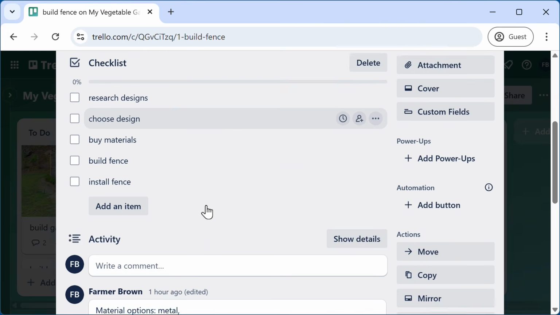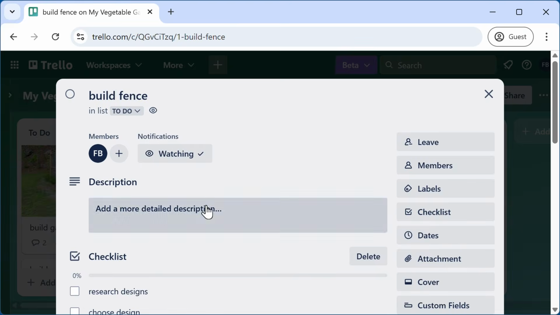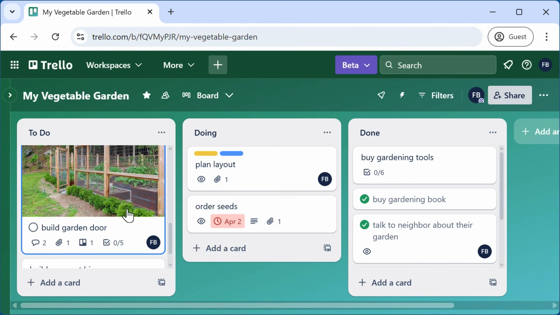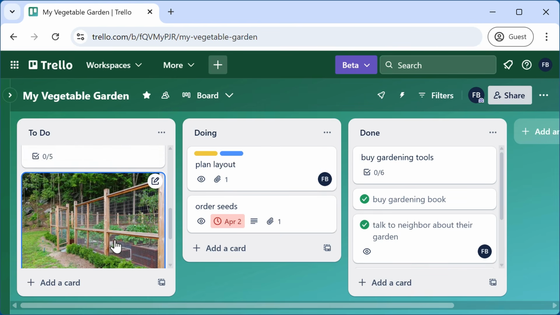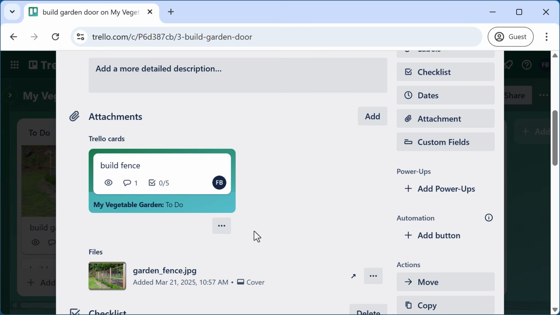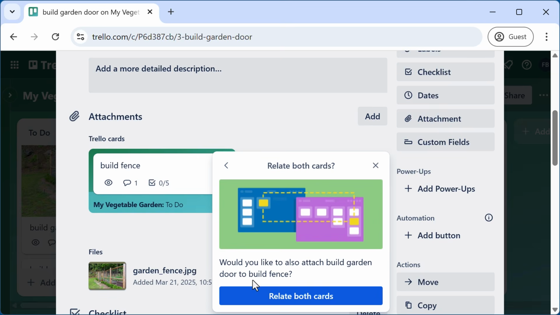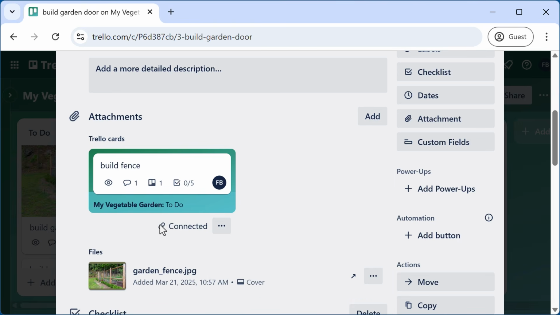Now what if I want a two-way connection? To do that, let me go back to Build Garden Door. I'll modify this attachment by clicking on the three dots. Click Connect Cards. Would you like to attach Build Garden Door to Build Fence? Yes, I want to relate these cards together. Note they are now connected.